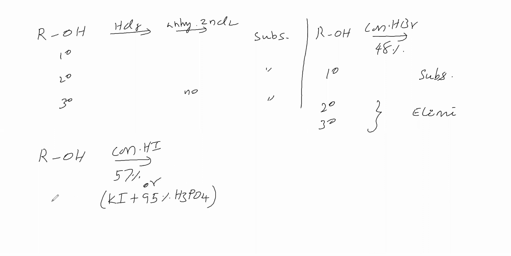So here, primary alcohol gives a substitution product. Secondary and tertiary alcohol gives elimination product. Okay, so we have to remember this. So alcohol with halogen acid, we are getting halide. Overall, if you see, primary alcohol can be converted into halide with HCl, HBr, HI. We will go for the next.